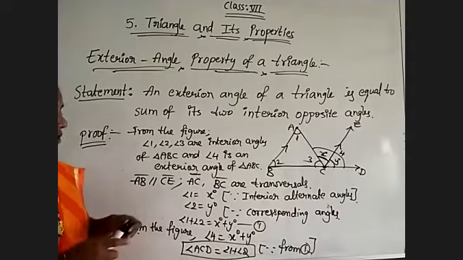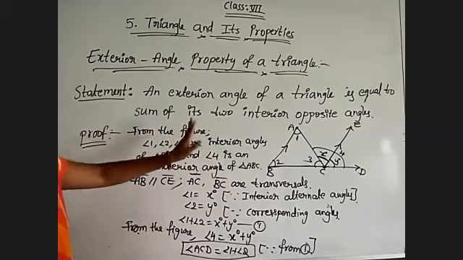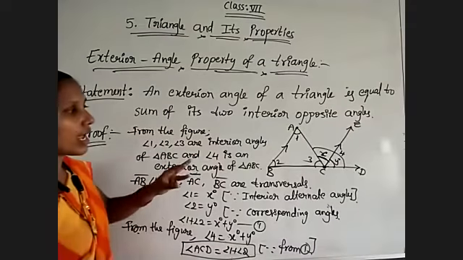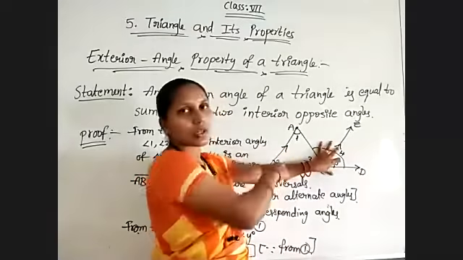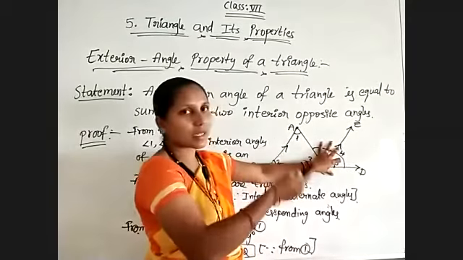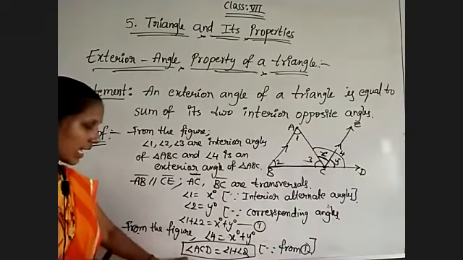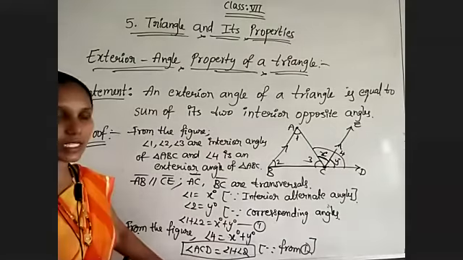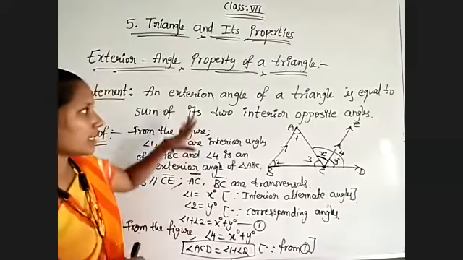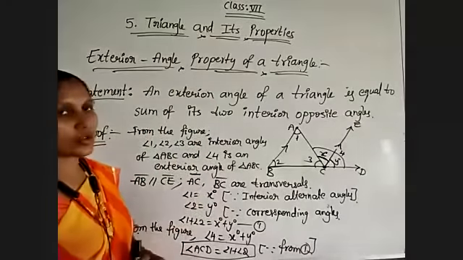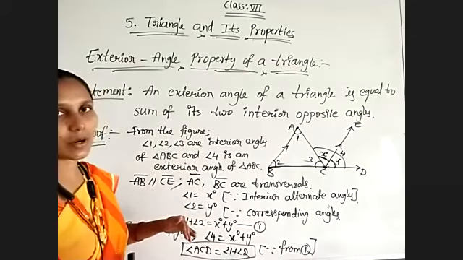So once again observe, don't confuse. Here we need to prove that the exterior angle of a triangle must be equal to the sum of two opposite interior angles. Here I am taking the exterior angle at angle 3, meaning the remaining two interior angles are angle 1 and 2. So we have to show that angle 1 plus angle 2 must be equal to the exterior angle. For that, I have used a transversal and parallel line combination, and like this I got angle ACD. The exterior angle is equal to the sum of two opposite interior angles. Depending on this statement, we will get the questions we need to solve, like angle sum property. And this is the statement and proof of the exterior angle property.